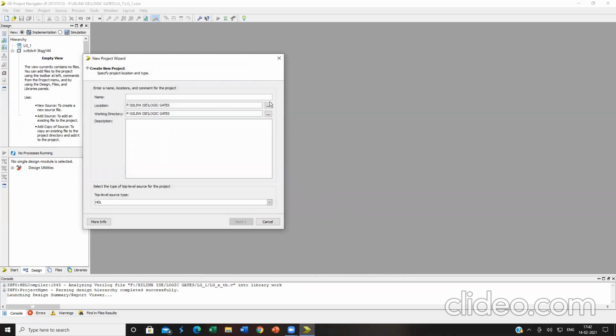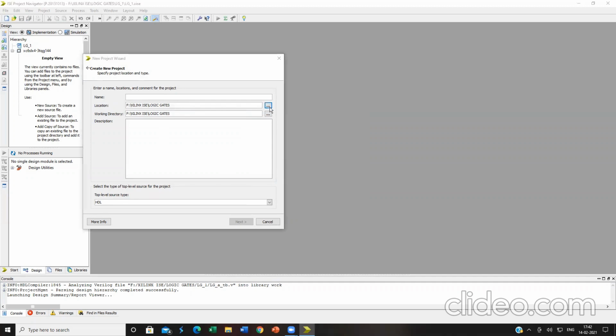The new project creation dialog box will appear over here. Kindly go to the location where you have created the folder by clicking on this browse button, the button which has these three dots. The location and working directory are both the same. And over here, the top level source type must be HDL.